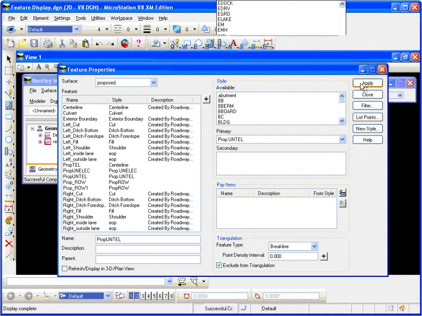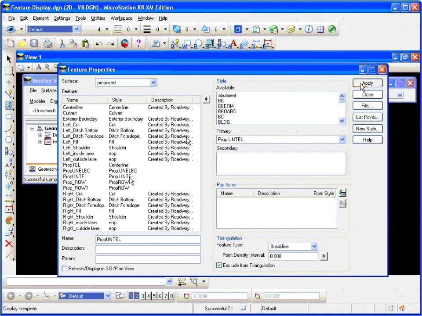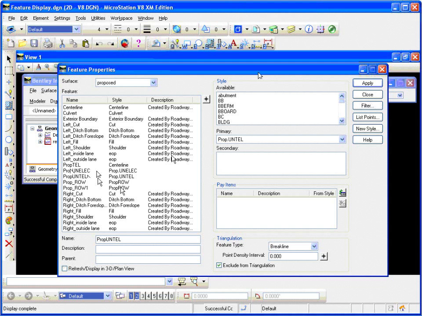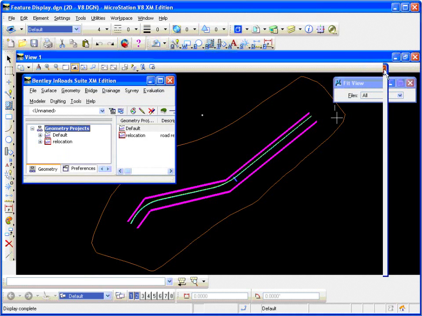And so now, as you can see, we have our proposed underground electric and our proposed underground telephone, and our right-of-ways are set up to display. So now we can close out of our feature properties. Okay, and now